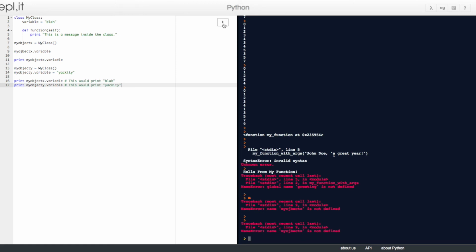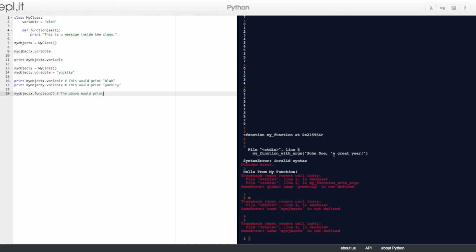Accessing the object functions, we would write it something like this: my object x, period, function, with the parentheses.